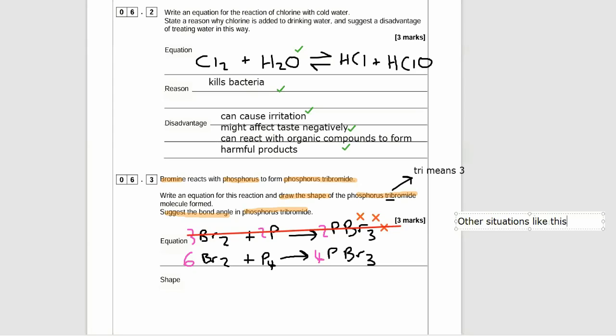Okay, there are other situations like this with sulfur, silicon, I don't know, there's some other ones. Let's move on. Well, yeah, sulfur's the other one you've got to know comes as S8 sometimes. So let's do the shape. So when we're working out the shape of this molecule,